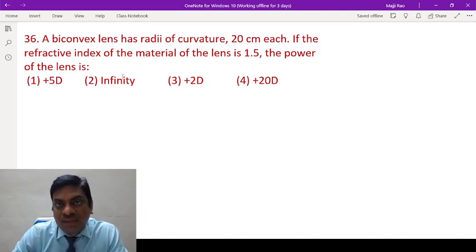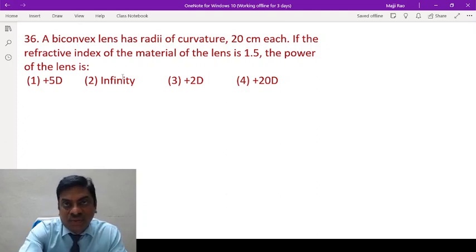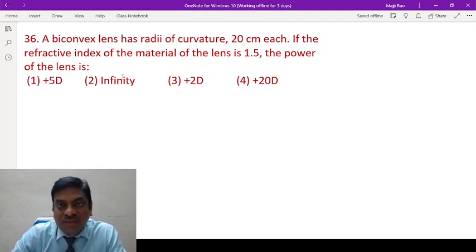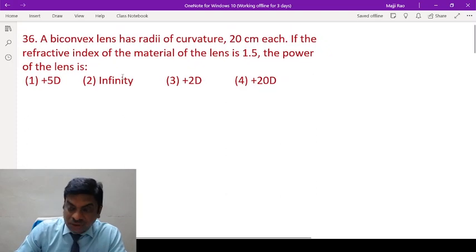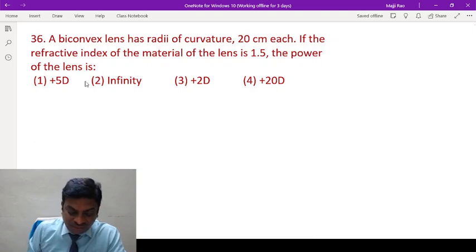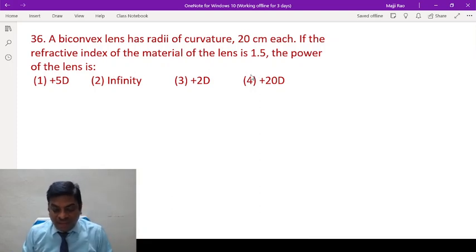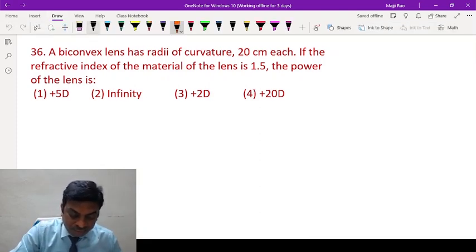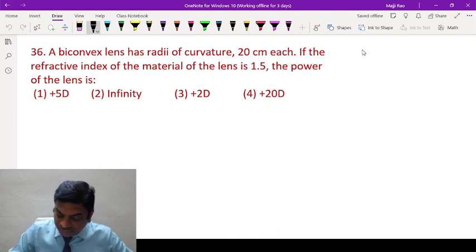Now I have again come with a video in continuation with the previous videos. We are discussing questions from 2022 NEET. So coming to question 36, a biconvex lens has radii of curvature 20 cm each. If the refractive index of the material of the lens is 1.5, the power of the lens is. Now in case of a